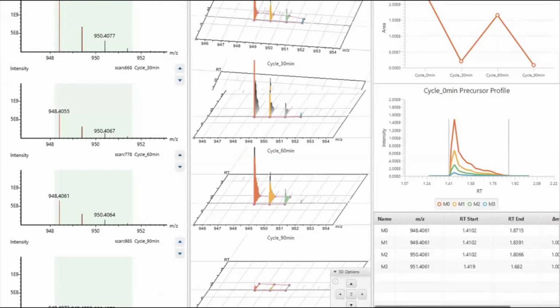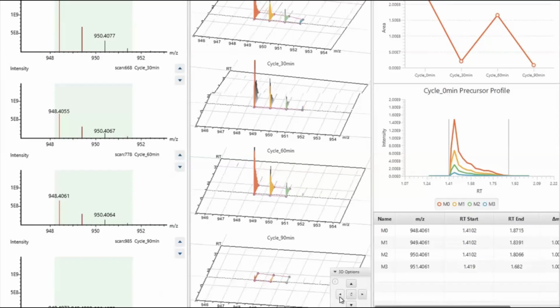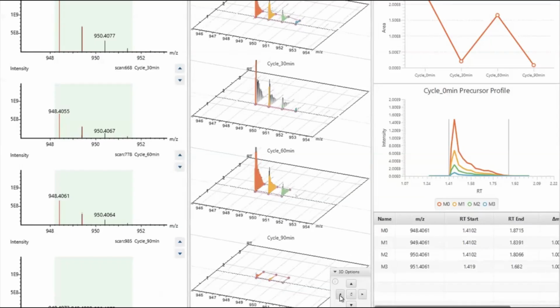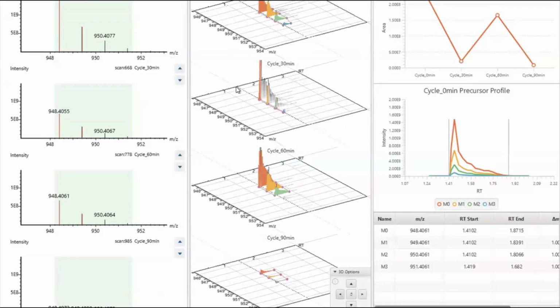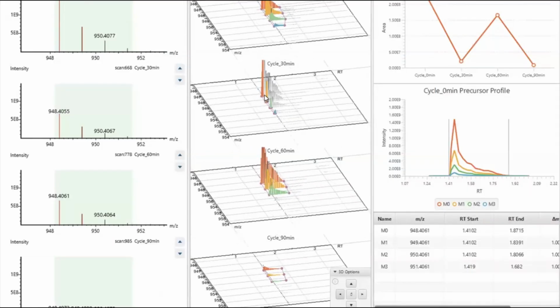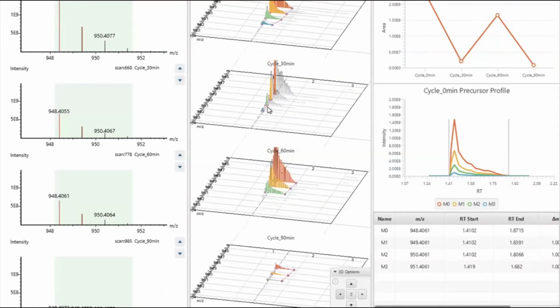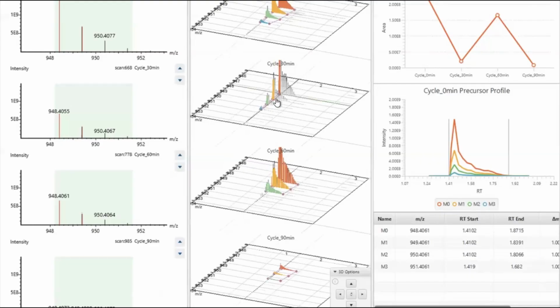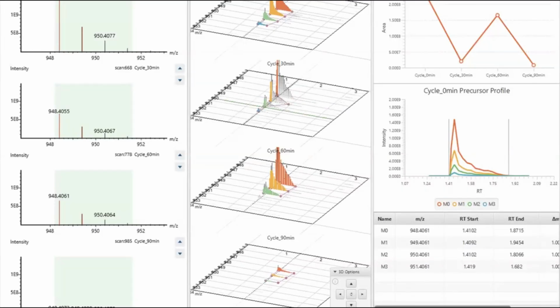If we check the unclassic view, then you can get this 3D view here. For this 3D view, you can use your mouse directly to drag this retention time to change it to the retention time range, and it's an easier way to